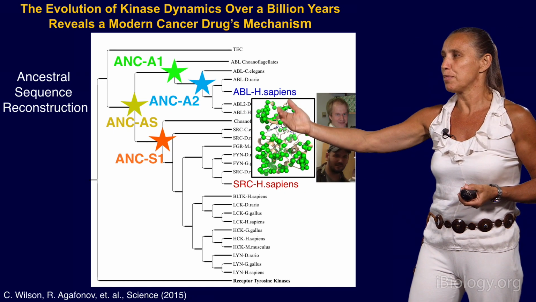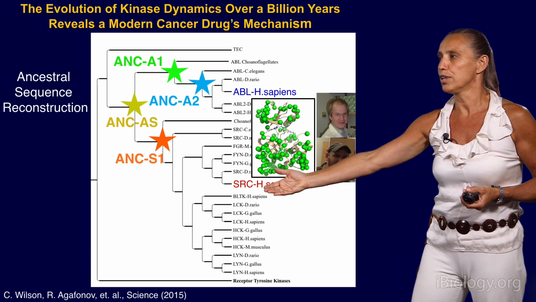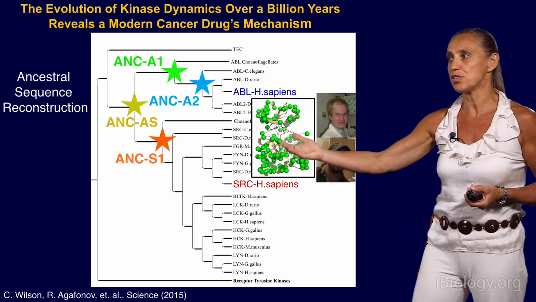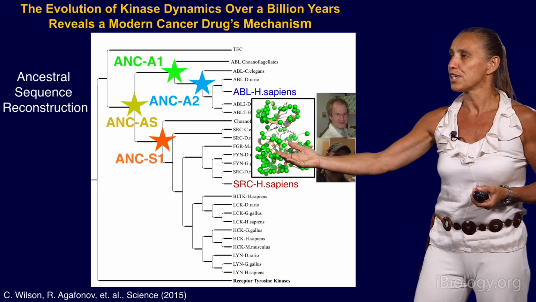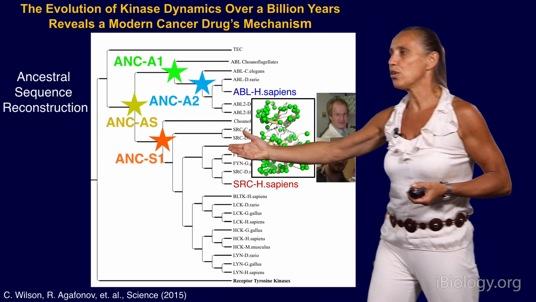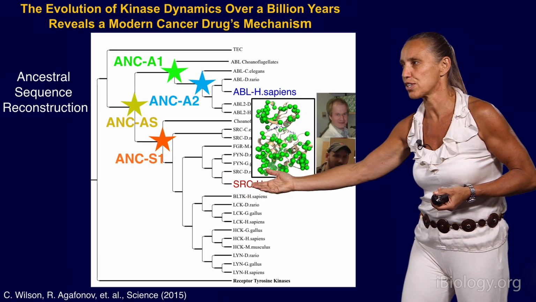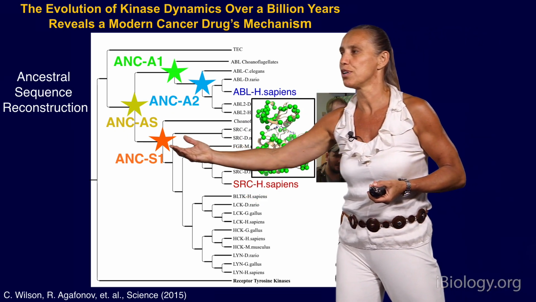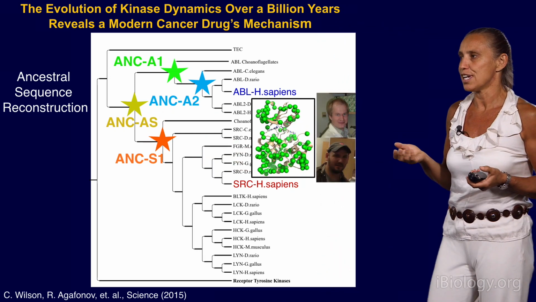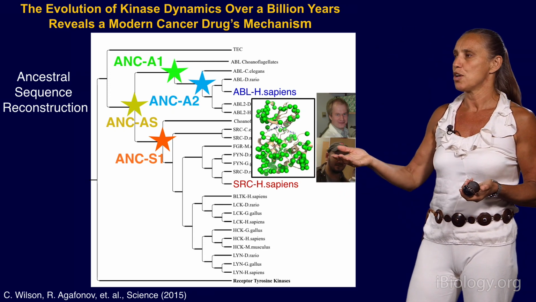Remember, people are trying to do these swaps, where you swap from one modern protein to the other to define the specificity. But that's not how these proteins evolved. They evolved in evolution from a common ancestor way back. So in order to understand which difference dictates differential specificity in a modern protein, we actually have to invoke their evolution. So in order to answer this question, what are the determinants, we actually went back to the evolution of this kinase over a billion years by using